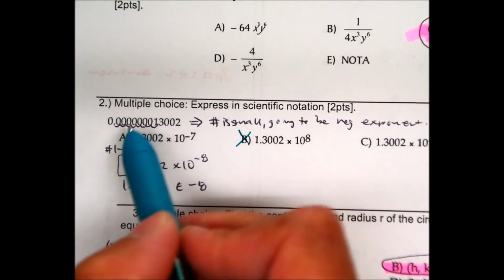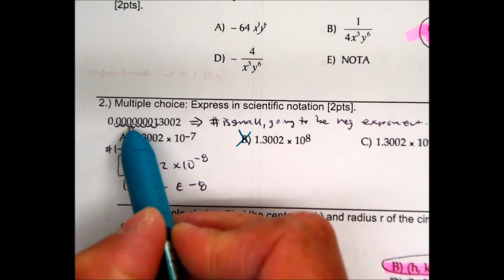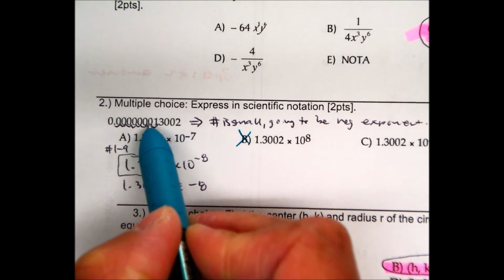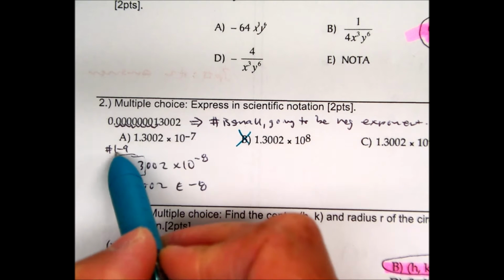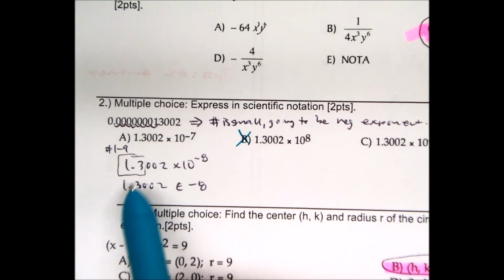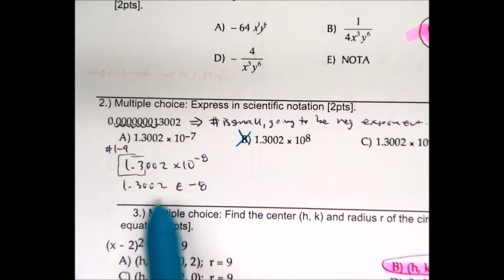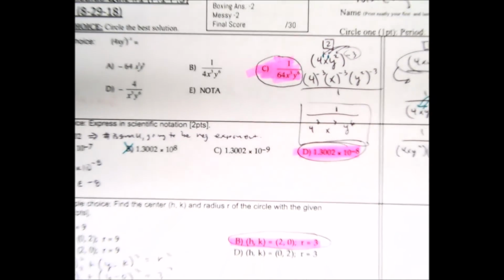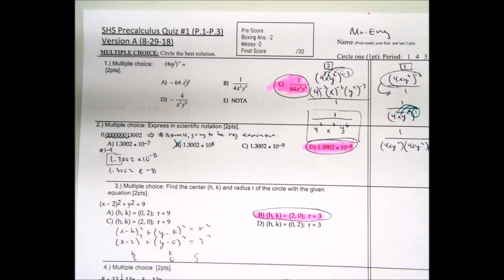So here all I have to do is just count. 1, 2, 3, 4, 5, 6, 7, 8. And I'm trying to get a number between 1 and 9. So scientific notation 1.3002 times 10 to the negative 8. Or in your calculator, that would be 1.3002 e to the negative 8. Your correct answer is D. Remember, for multiple choice, I'm not grading your work, but it makes me suspicious if you don't have any work